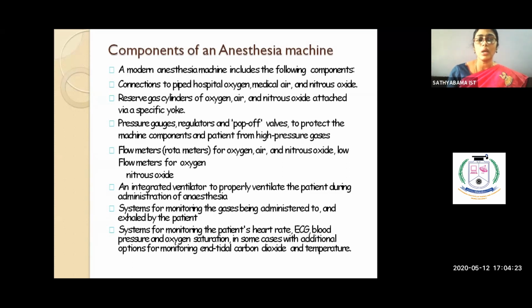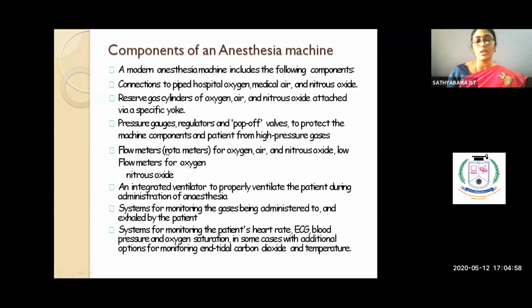Apart from that, we have cylinders, right? Gas cylinders can be seen either in the place where you keep the cylinders, or the small cylinders which you see inside the theaters. And then we have pressure gauges and regulators. You can see a small gauge on the yoke region of your cylinder, right? That's mainly to check the pressure. As we said, we have to give it at a particular pressure and a particular flow. Everything has to be maintained. We cannot send just any pressure into the patient.